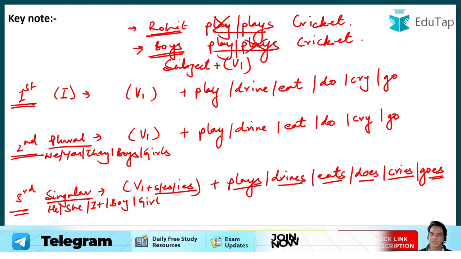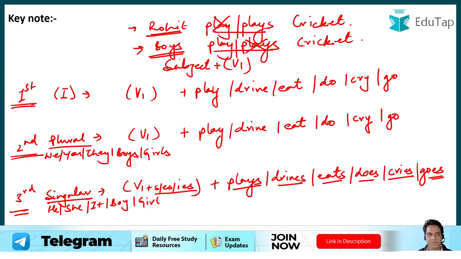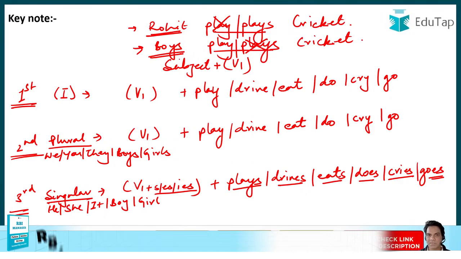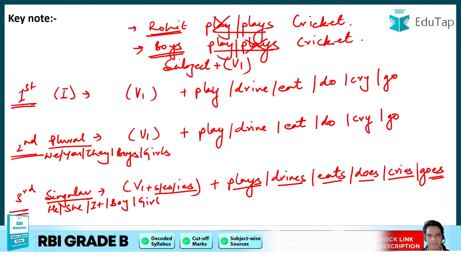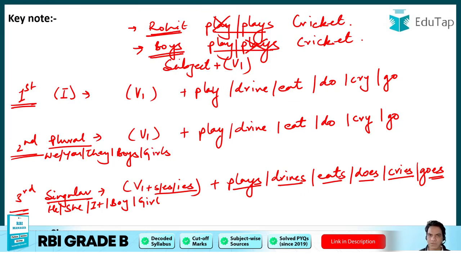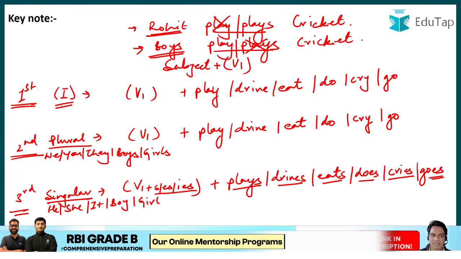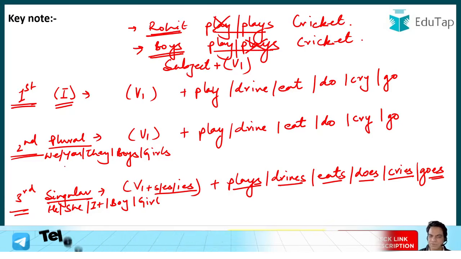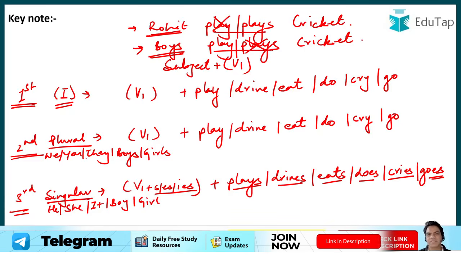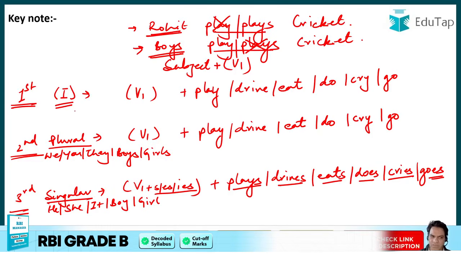This is one peculiar rule that you need to remember if you want to learn this chapter properly. This is the first concept that you need to remember. Although many of you might say, sir, in books it is written that first person is I and we, second person is you, third person is he, she, they, but it's very confusing because we follow different kinds of verbs and rules. So I've segregated them in a new manner, which will help you retain and remember all the rules properly. This will also help you in tenses.